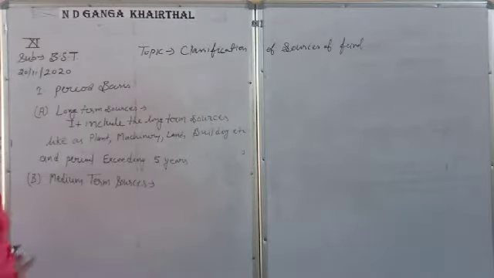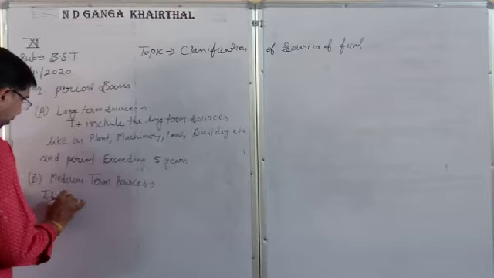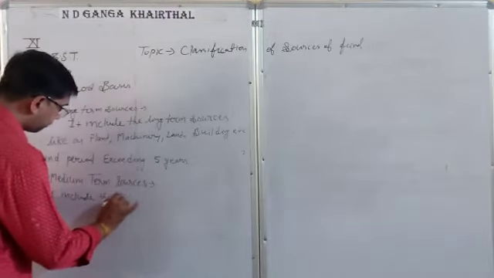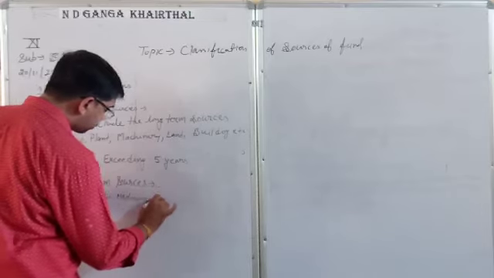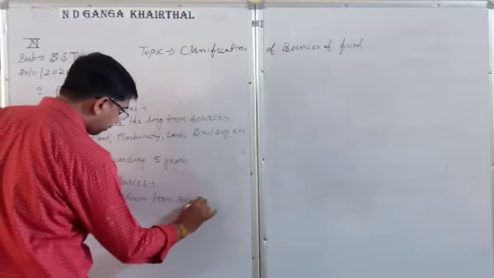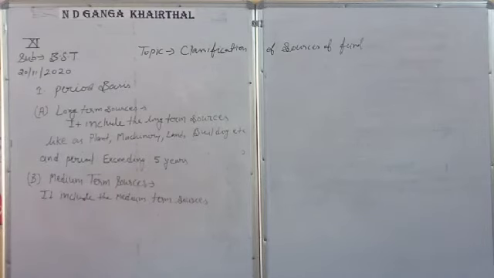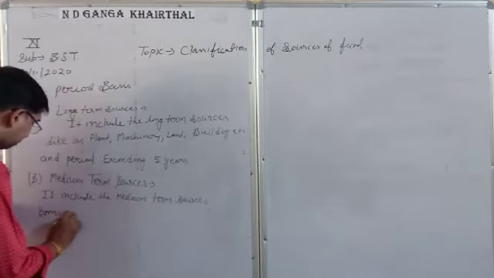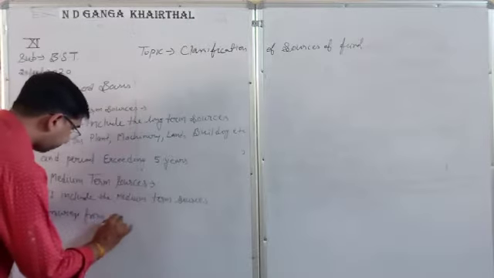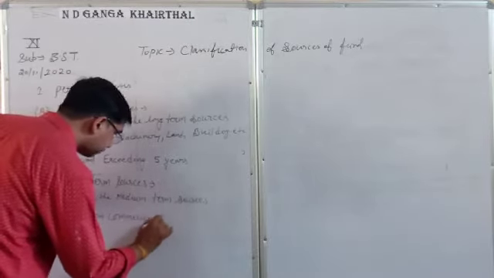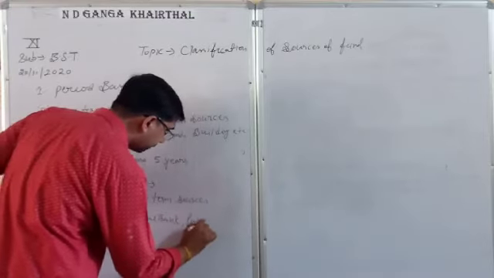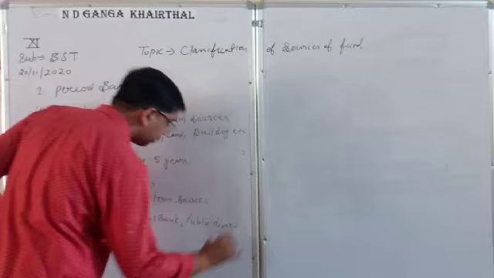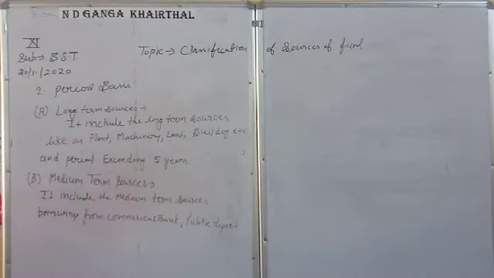So it includes medium term sources like borrowing from commercial banks, public deposits, and lease financing,